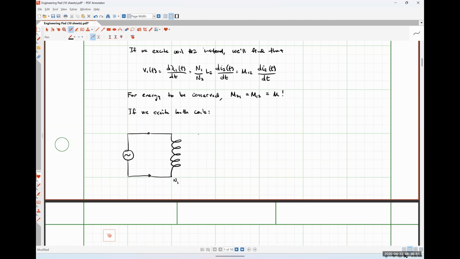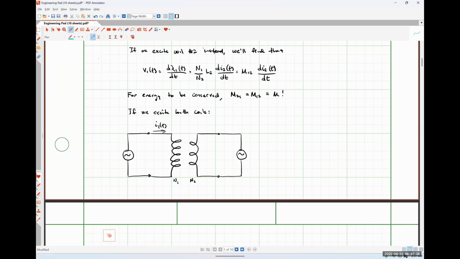And over here, I'm going to have coil two. Like so. If some current I1 of t is flowing through coil one,